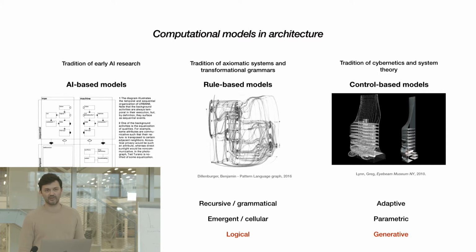And sadly, today what we can observe is that most of the models we use in architectural practice do not really involve computation, unless we think about infrastructures. And the majority of those that are computational today follow the traditions of early research in artificial intelligence, the top-down control paradigm of cybernetics, or the bottom-up rule-based paradigm of formal systems. And then these paradigms are further developed and hybridized, so everything is combined with everything